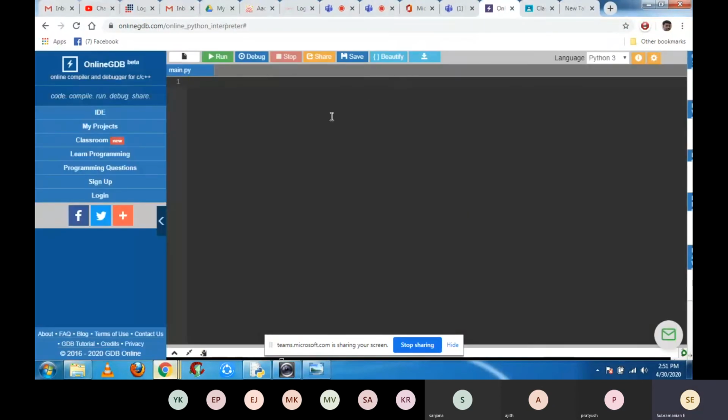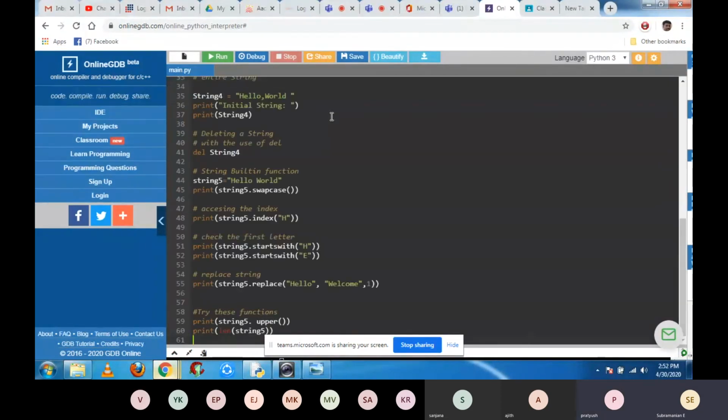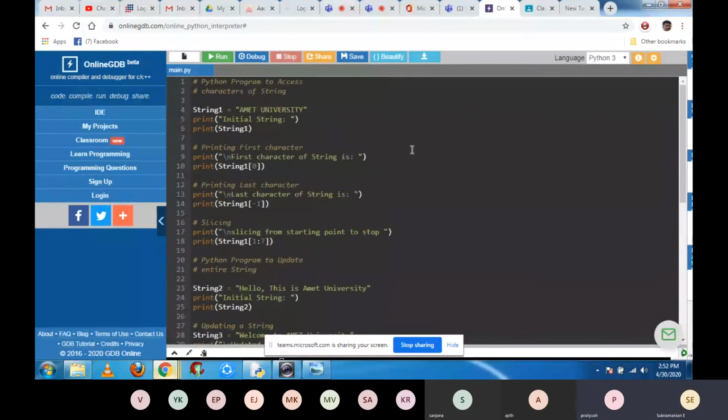So getting back to the working canvas of the online interpreter, and I'm using the option Control B. So I'm clicking